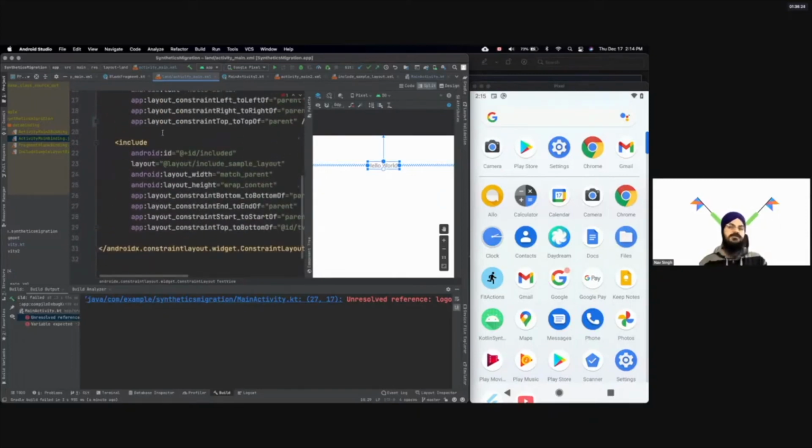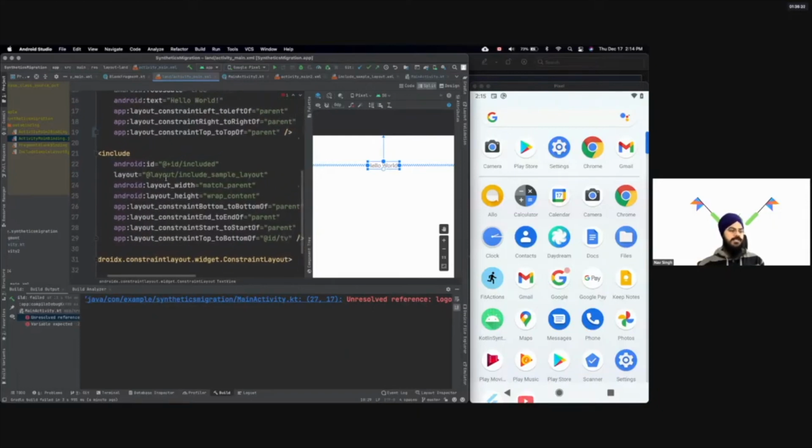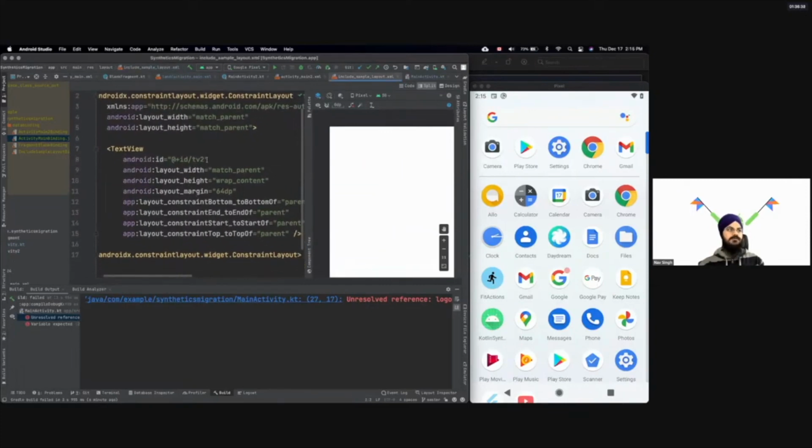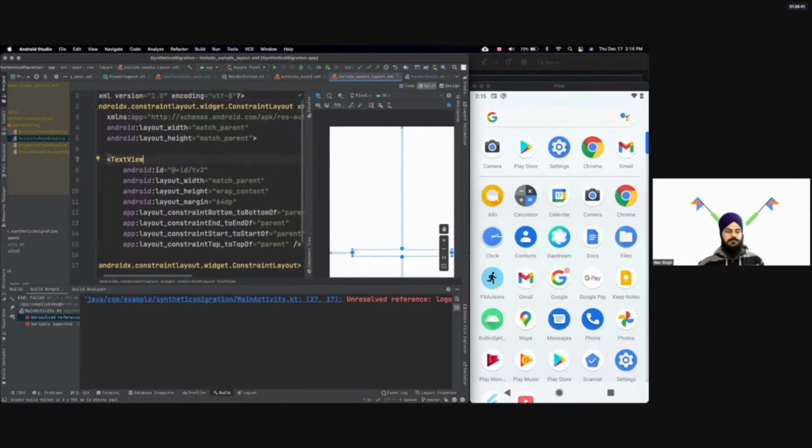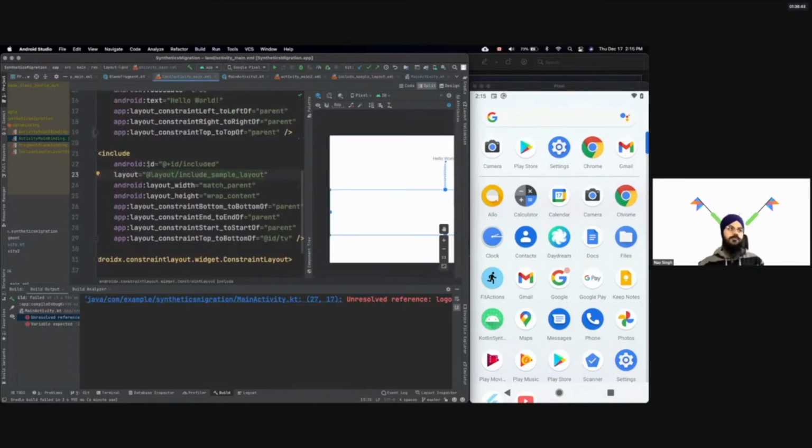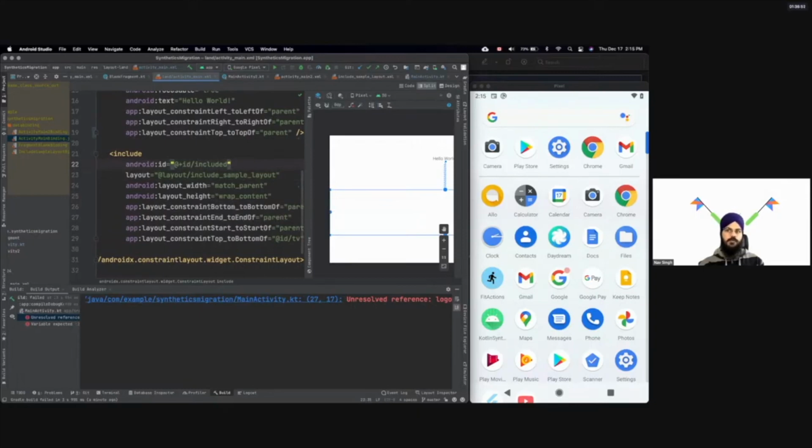And the third one is, sometimes we have common components, like maybe toolbars or something related like that. So in this case, I added a sample include layout, which has only one text view called TV2. And to access the properties from the included layouts in the case of view binding, we need to provide an ID to our include tag. Otherwise, it will not generate view binding for those, and we are not able to access those included layout fields from our code base. So here I provided the ID included, and if you see the generated binding classes,